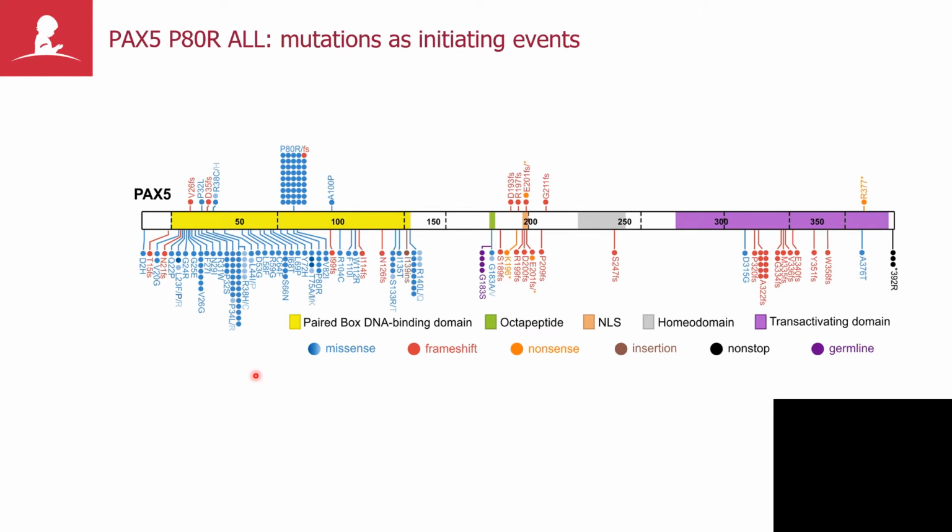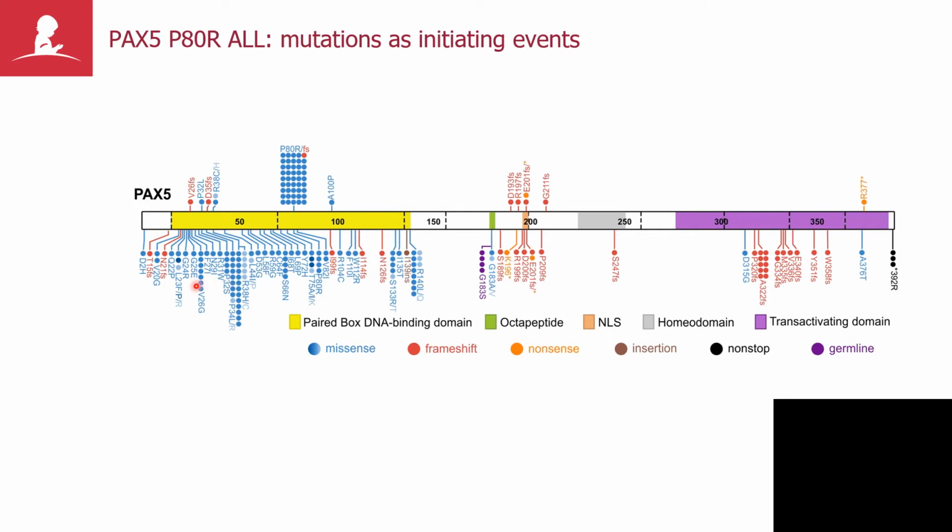And this plot here shows the protein domains of PAX5, the DNA binding domain, the transcriptional activation domain is shown here, and the mutations in PAX5 that are occurring in this P80R defined group. Several cases also have second hit mutations, most of which are loss of function due to a frame shift. But if we contrast this with the remaining landscape of BALL, we see that there are many other mutations, including